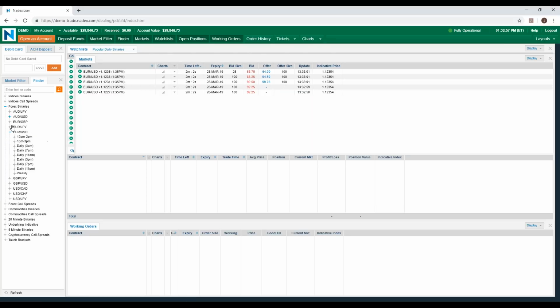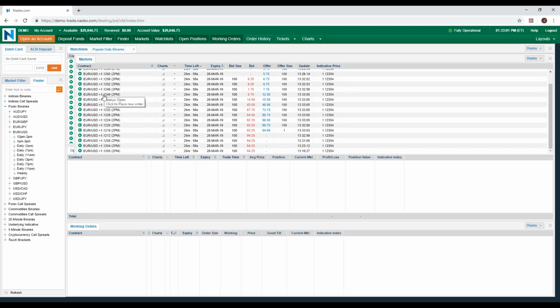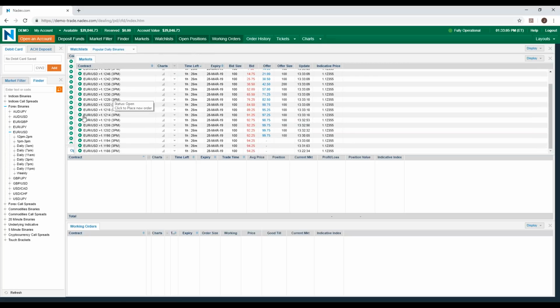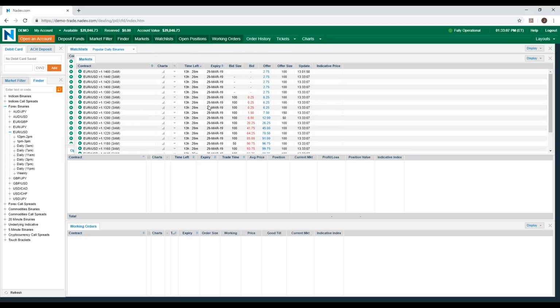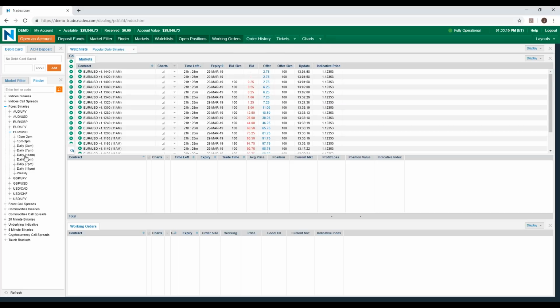I right now have all of these strike prices here that expire at 2 o'clock. I've got all of these that expire at 3 o'clock. I've got all these that expire at 3 a.m. in the morning. I can go 13 hours out, all different strike prices. I've got to 11 a.m. tomorrow morning. If I get one of these now, it holds me through the Asian Open, the Europe Open, and